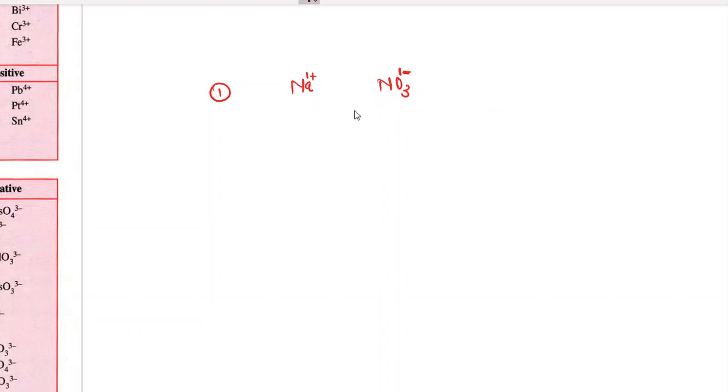So these are basically the two ions which are going to react with each other and form a single compound. So how to write the chemical formula of that particular single compound? That is the question, right? So what we are going to do is, we are going to shift this number 1 over here on the bottom side of NO3, and we are going to shift this 1 minus, not with the minus sign, just 1, to the bottom of Na. So that is the crisscross method, which I was talking about.